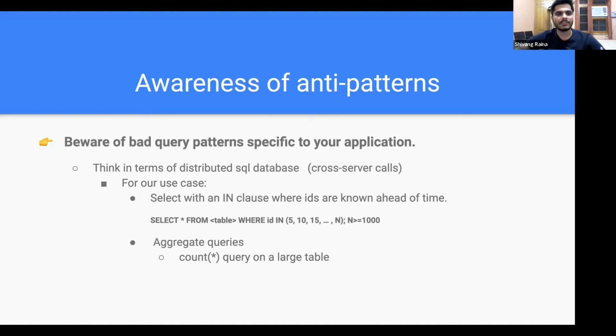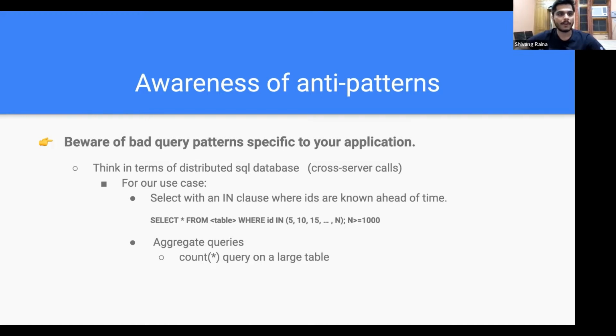You should always think in terms of a distributed SQL database. In our case, we are using a distributed SQL database, so your query design should also reflect that. So you should think in terms of cross server calls